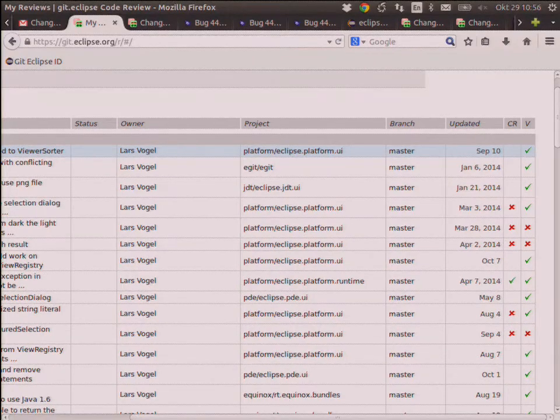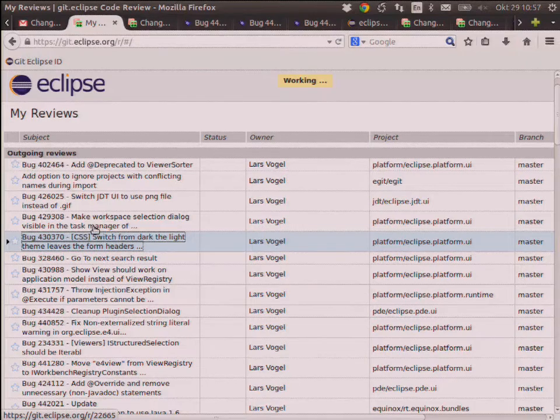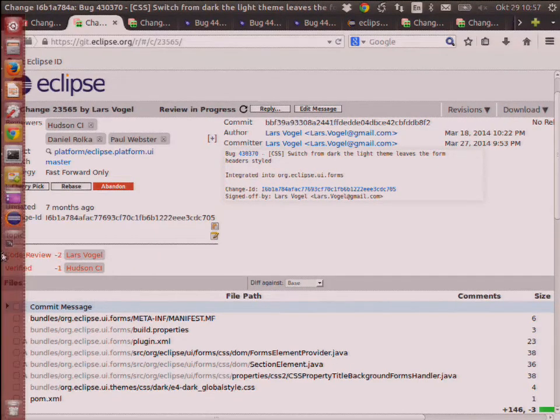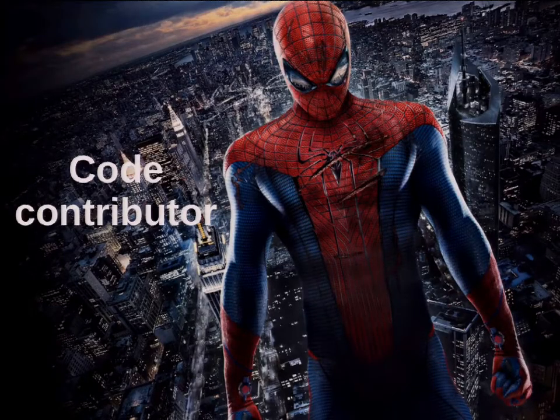There's also a review field. And for example, here this one, I reviewed my own stuff, gave it a -2 because I didn't want anyone to commit this because it was work in progress, right? So I just indicated that. But typically we avoid -2 because it's a blocking vote. We give -1 and ask for improvements on that.